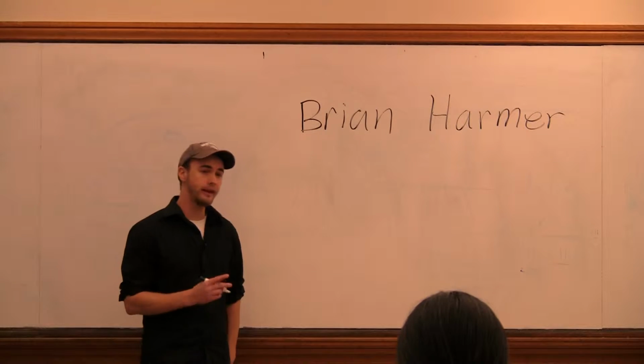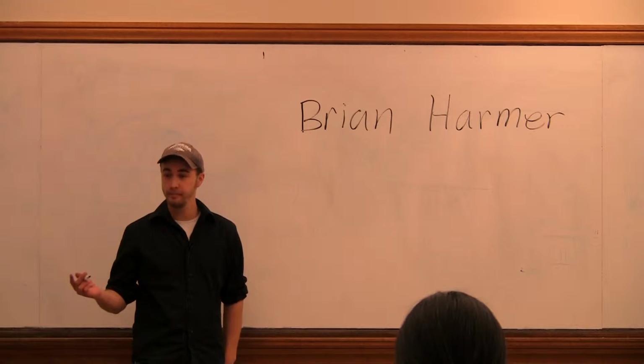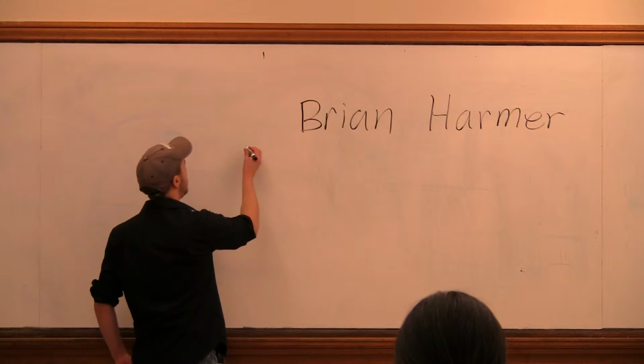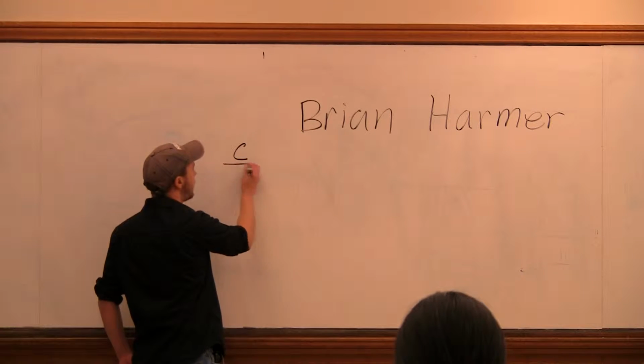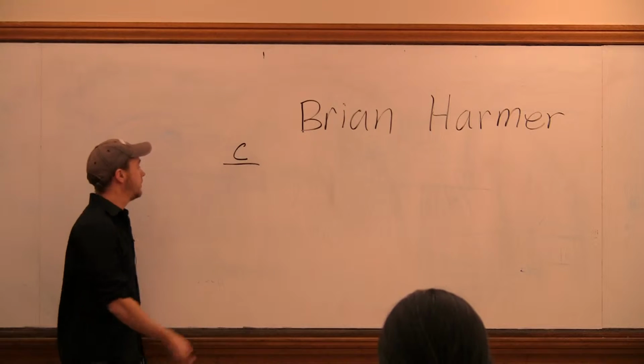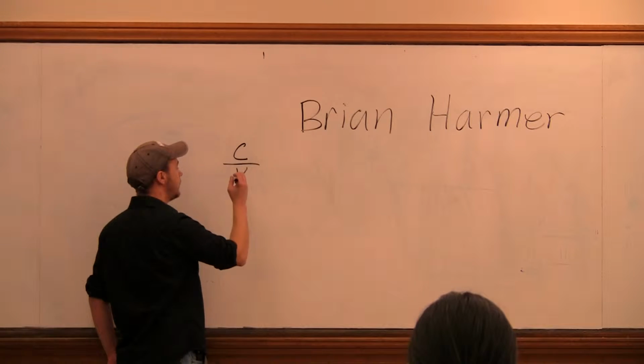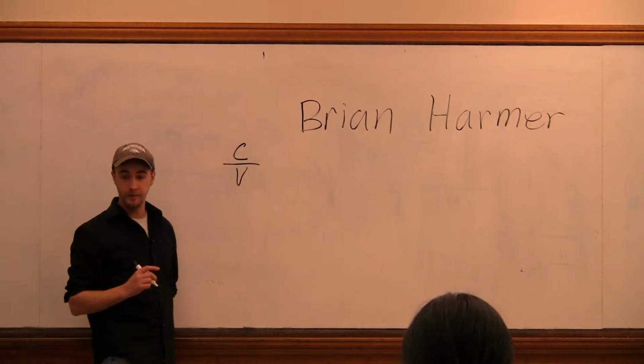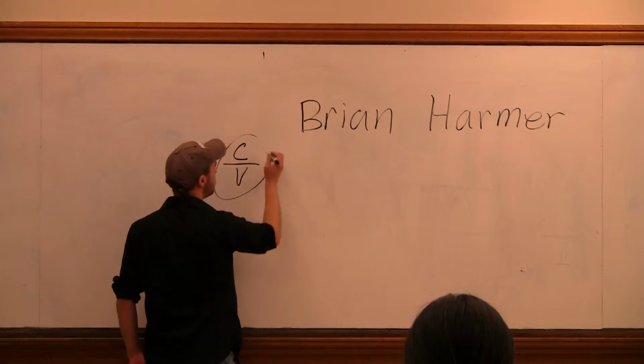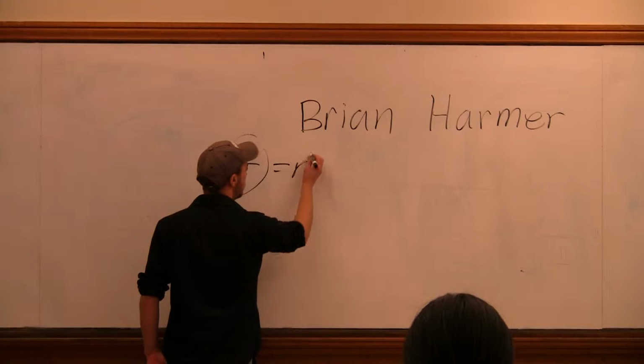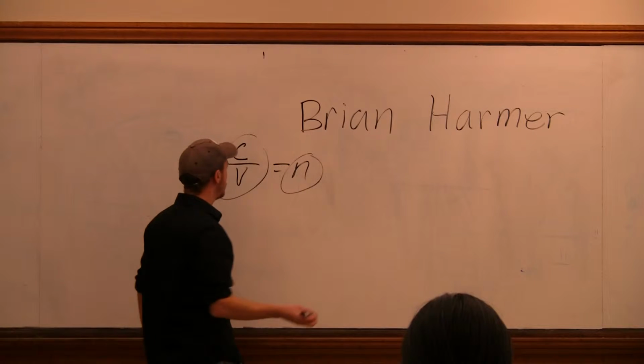So as many of you know, light travels at different speeds through different mediums. If you give the speed of light in a vacuum as variable c, and you give the velocity of the light through a different medium as v, that ratio is equal to the index of refraction. So when light